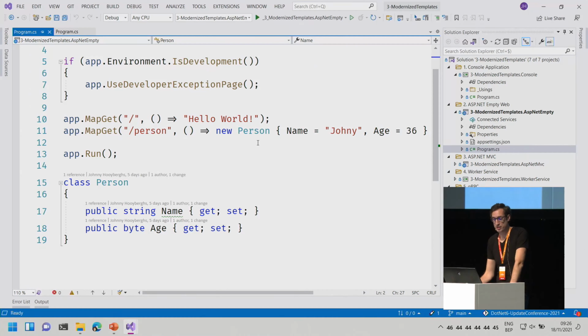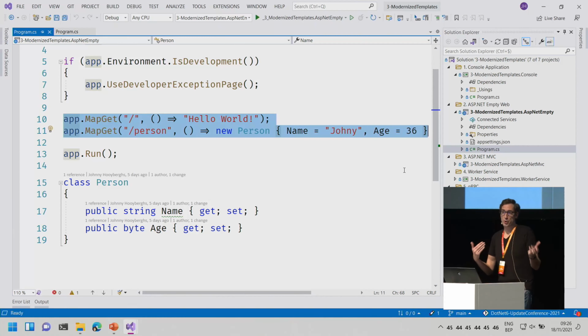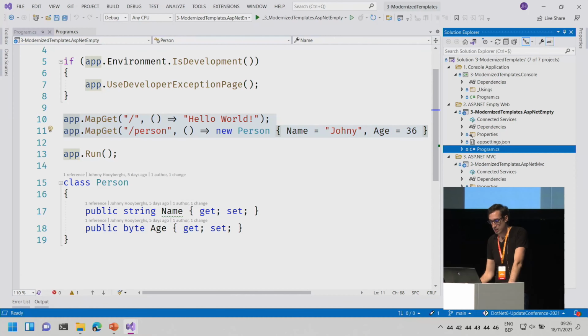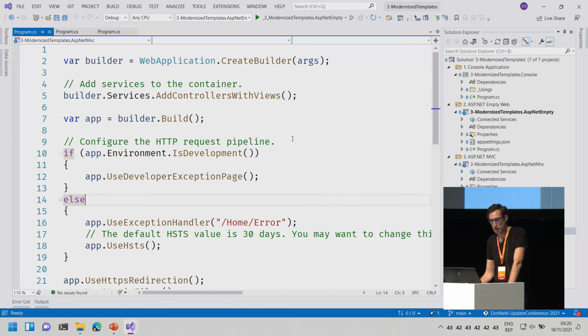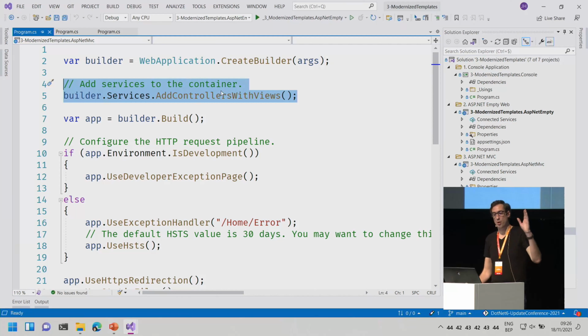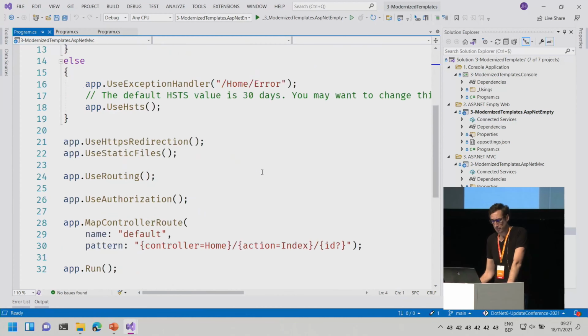Even when you're just doing ASP.NET empty application, you even get like endpoints that are defined using a minimal API. So you don't need controllers. You can just specify, this is my endpoint and I want this data to be returned, which is also cool if you like that. So you have many, many options. For MVC, it's the same thing. You don't have your startup class. Everything is here. You can declare your dependency injection by just doing web application builder.services, and then you can add whatever service that you need.